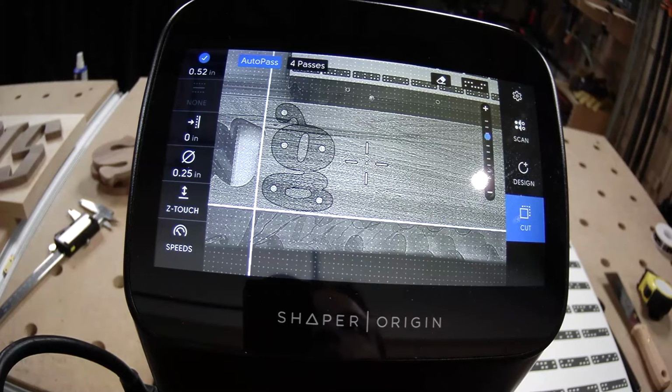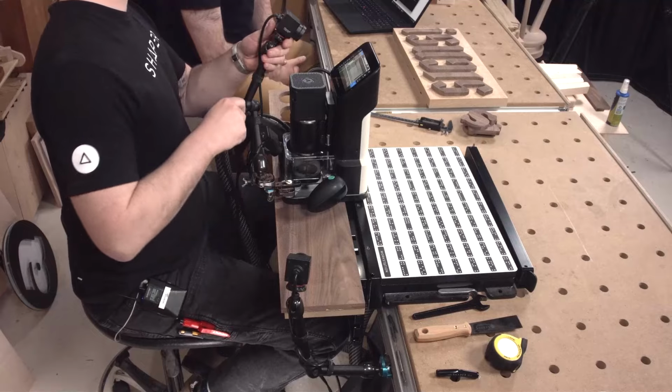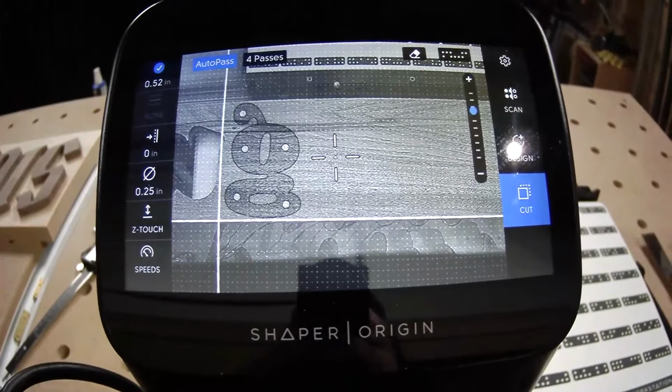Jake, I'm going to interrupt you because that camera's pretty cattywampus there. Which one? Let's go back to the Origin cam. Look at that. Oh, look at that. Yeah, let's get a little...